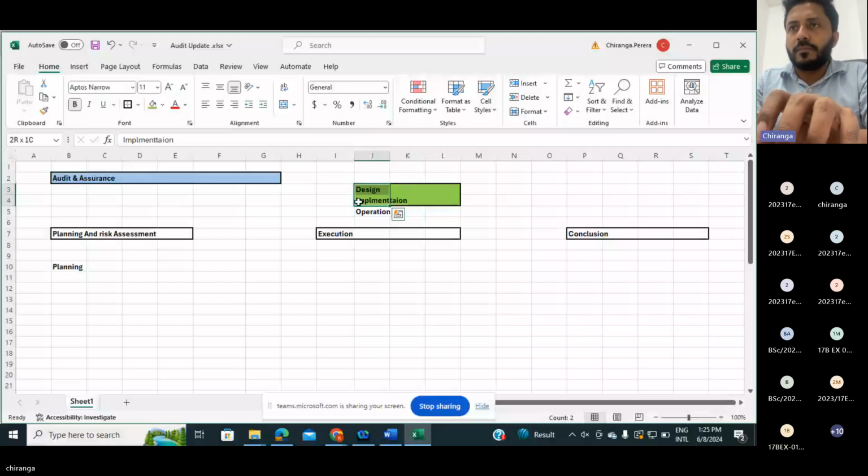So then three stages are there, and we are doing a walkthrough to check the design and implementation effectiveness of the control, right? Design and implementation effectiveness of the control. So then through that,